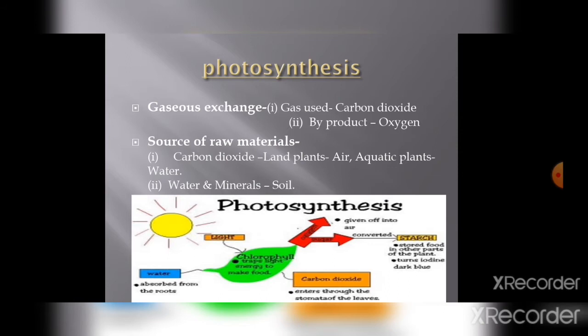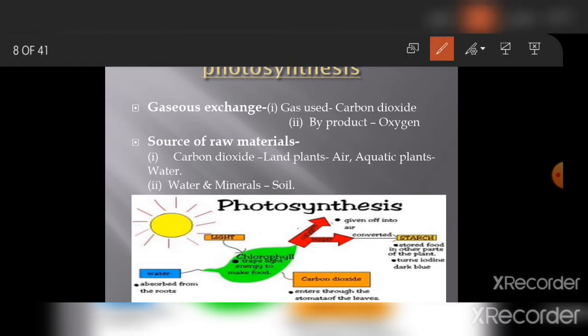First, autotrophic nutrition. When we see autotrophic nutrition, auto means self and trophs means nourishment. So they will make their own food for their digestion, right? For example, plants. The process is known as photosynthesis. Photo means light and synthesis is combine. So it is the combination of raw materials in the presence of light, where the raw materials are carbon dioxide and water.